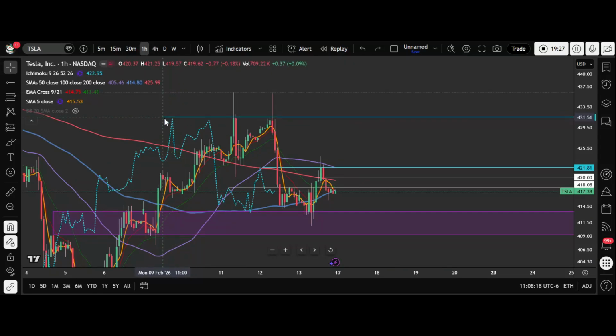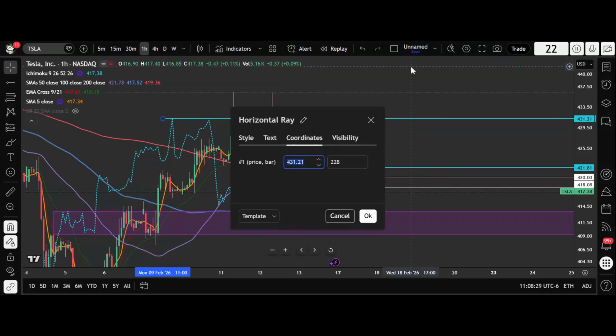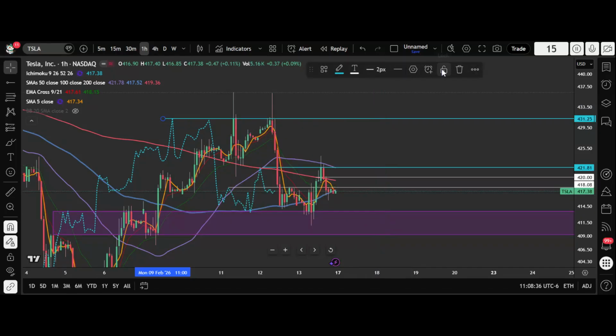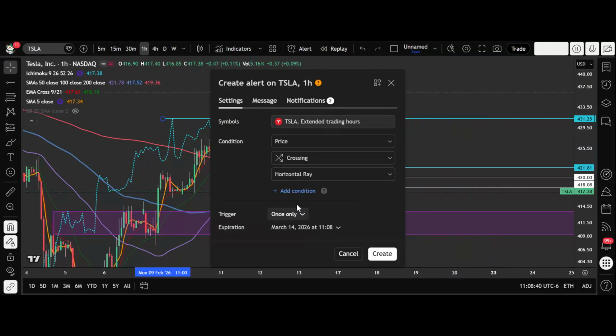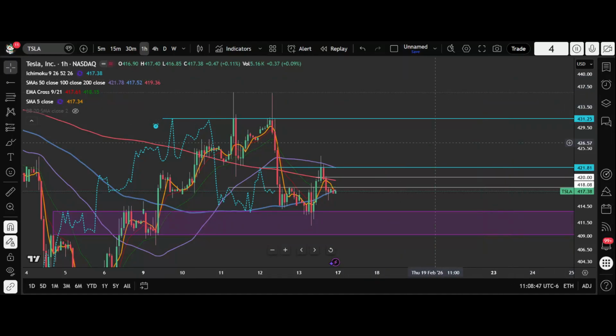Let me move this. I think you need to be very particular about your levels. This 431, so we're going to make this 431.25 and set an alarm. Now we could wake up on Tuesday morning and price action could be through the roof because I don't know, Trump has forgiven, I don't know, everything. And usually something on a Saturday or a Sunday is going to